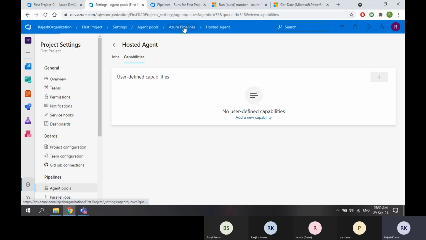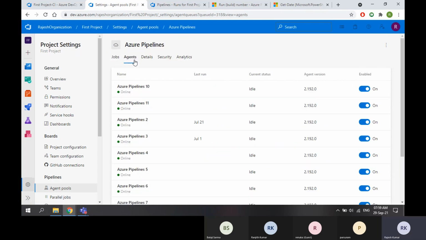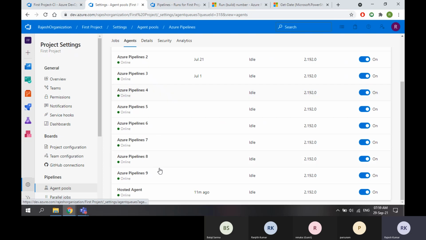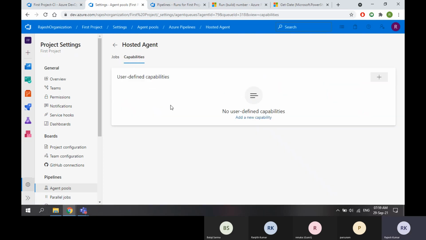And if I go to the Azure Pipelines agent pool, I have multiple agents. And if I go here, see, 11 minutes ago there is a build that ran. See, this is the build, right? 11 minutes ago, first project CI. And if I go to the capabilities, there are no such capabilities.